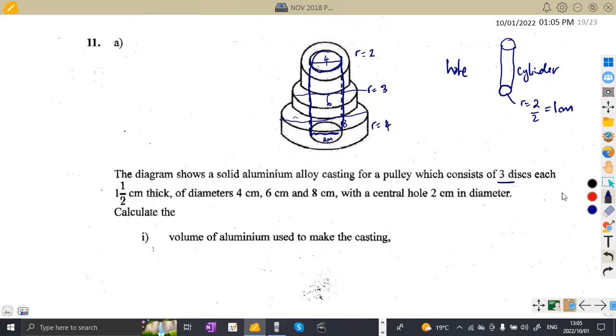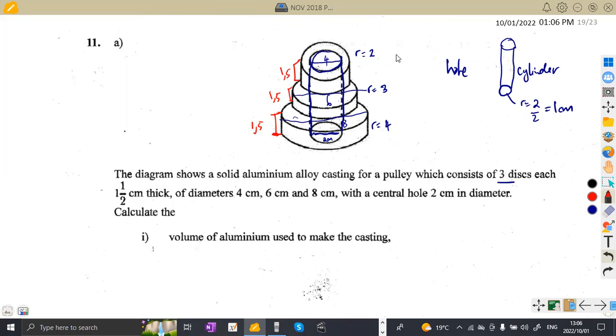Here we've got the thickness. This is your thickness, the height from each, and it is 1.5. Also here, there's a thickness of 1.5, and also here, a thickness of 1.5. So at the end, we are going to notice that